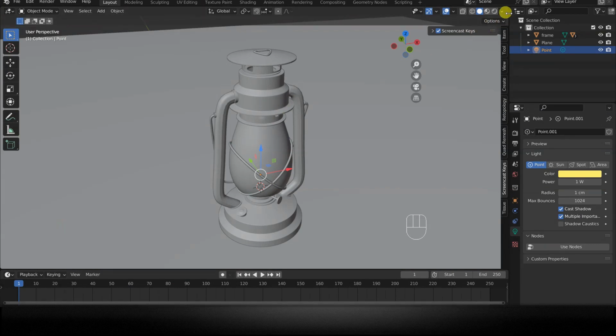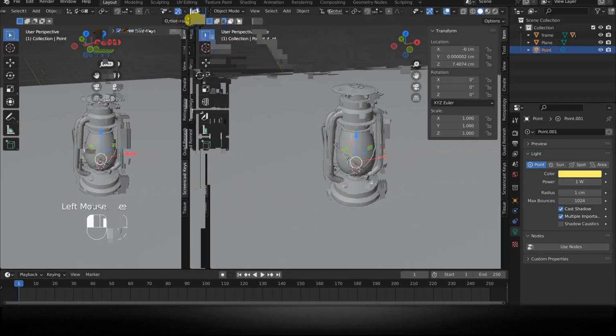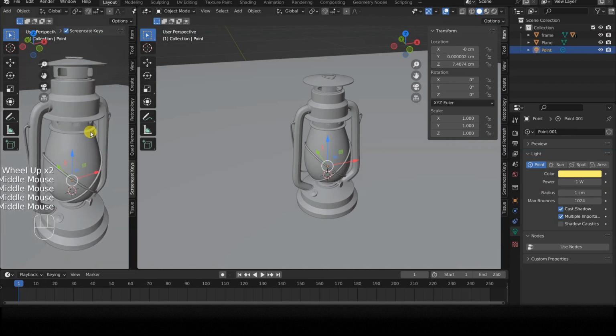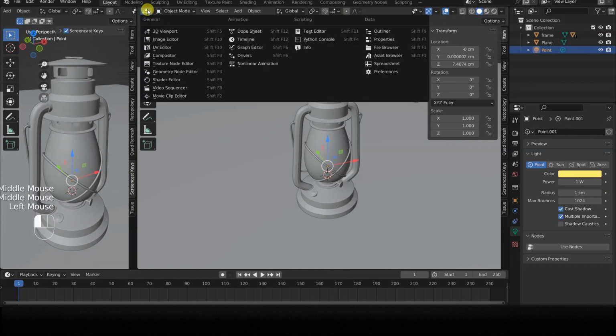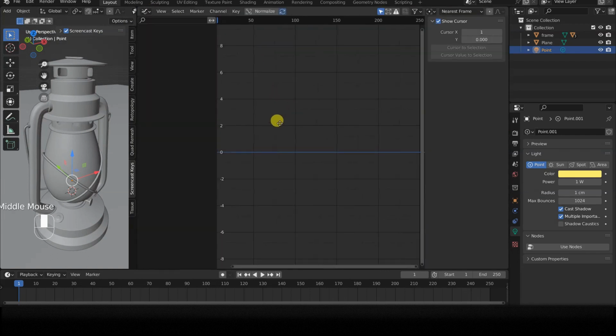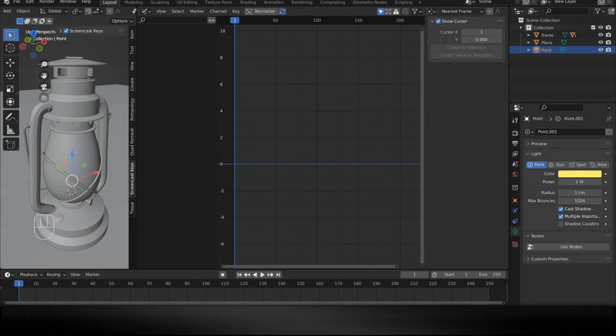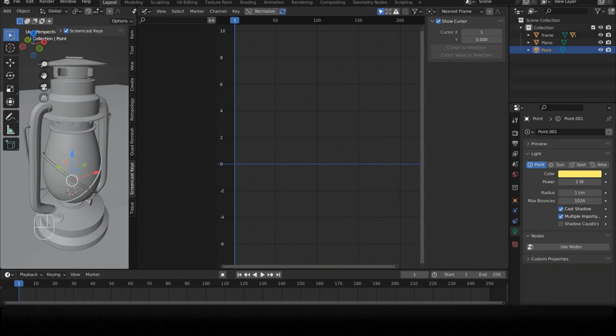I open a window of Type Graph Editor, with the point light source selected. To be able to provide a modifier to the curve of the power parameter of the point light object, I must first create an animation curve for this parameter.